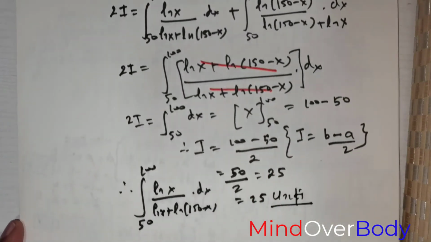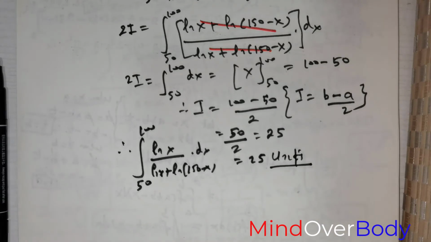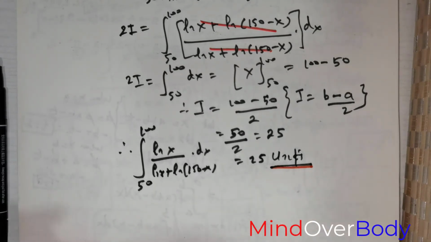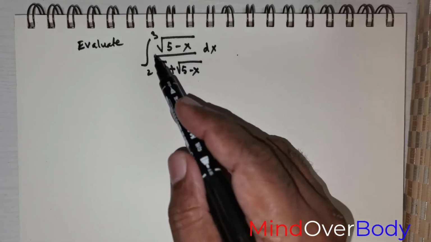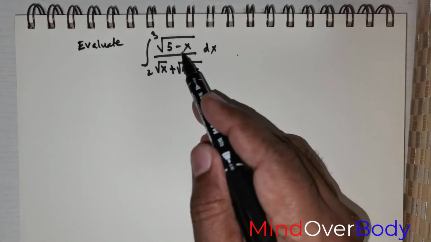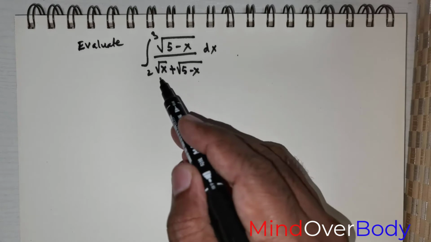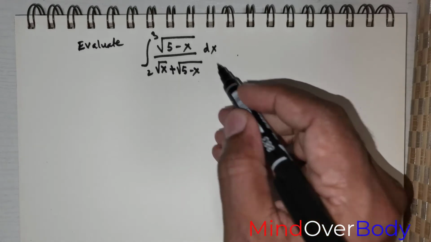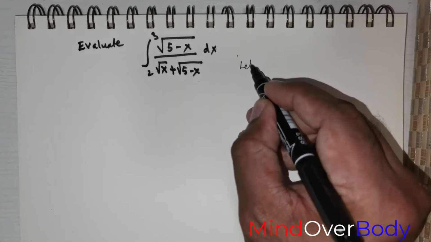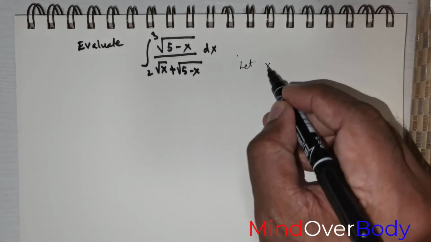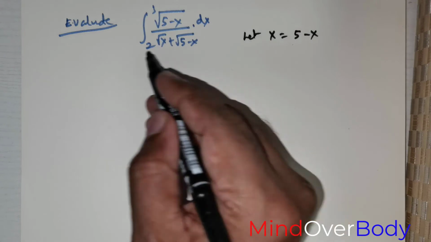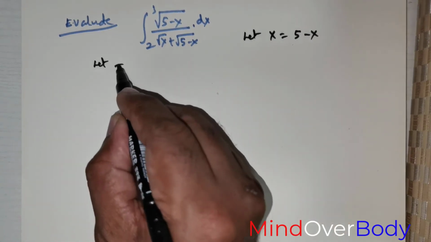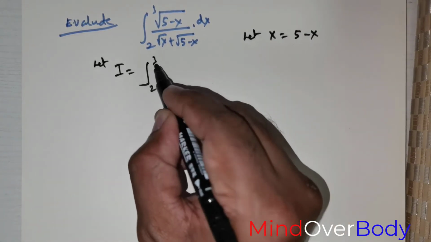And we will move on to the next question. Students, we will draw our red line. Students, we are expected to evaluate the integral from 2 to 3 of root of (5 minus x) over root of x plus root of (5 minus x) times dx. Now what I wish to do is let x be equal to 5 minus x. Then let I be equal to the integral from 2 to 3 of